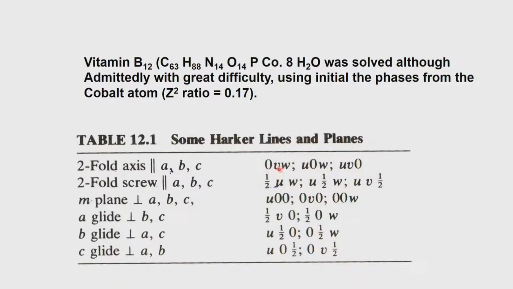And therefore, when we do this projection of the Patterson map and plot it, we will see that there is a particular value of V and a particular value of W which satisfies the V and W that should correspond to the heavy atom position. So, we get the solution to the two coordinates. V is y1 minus y2, W is z1 minus z2. So, we get information not just on z1 and z2, we also get information on y1 and y2, and this will be uniquely found.